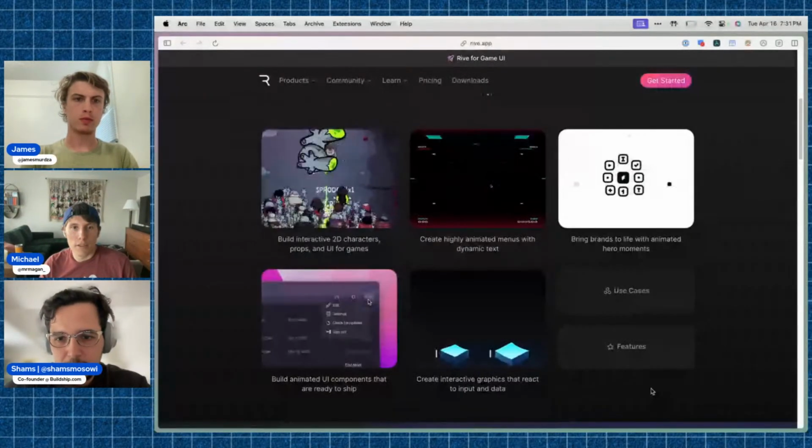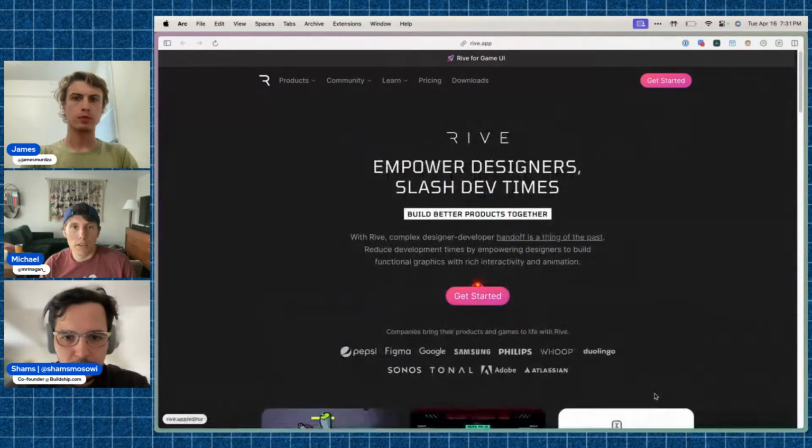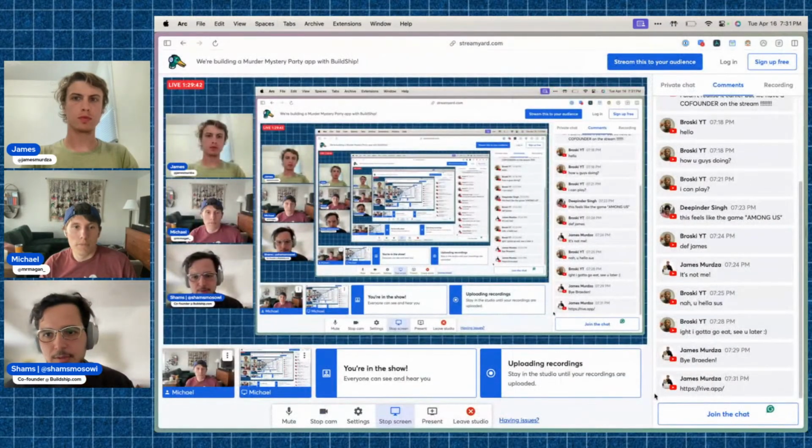I think that one has really cool animations. For a game, using Rive app is really handy. Put it in the chat. Yeah, that would be really cool. It has a lot of animations, and you can build a full game on it as well, but we just use it for animations.